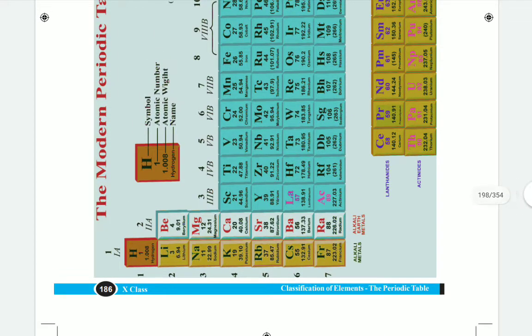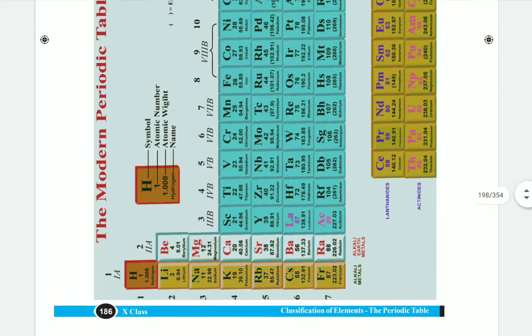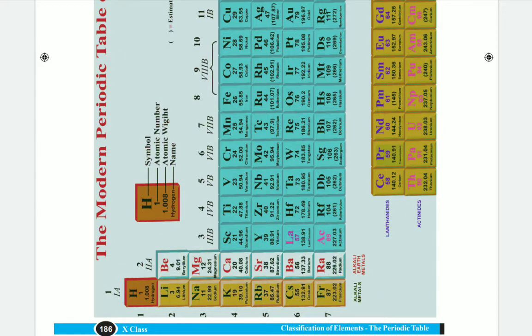But according to our Moeller chart, which we already learned in the previous chapter, the electrons will first be placed in 3s, then 3p. After the 3p, it should not go to 3d, but the next electron will enter the 4s shell. Why this happens we already know: the 4s has a lower energy level when compared to the 3d, so electrons will always go to the lower energy levels first, and only after that will they enter the next energy level. That's why the order is 3s, 3p, 4s and 3d.